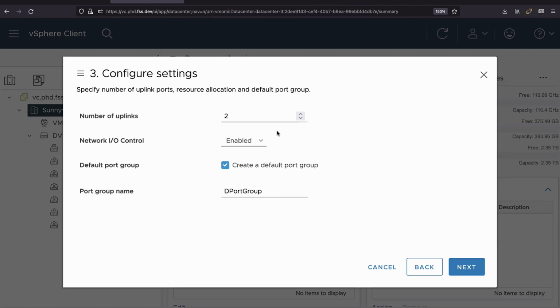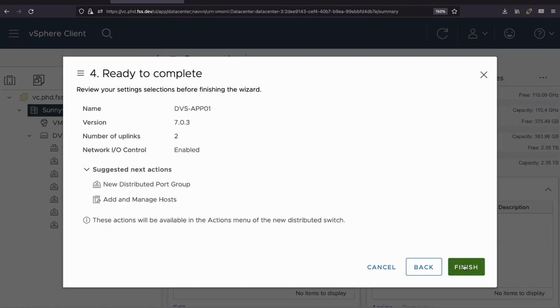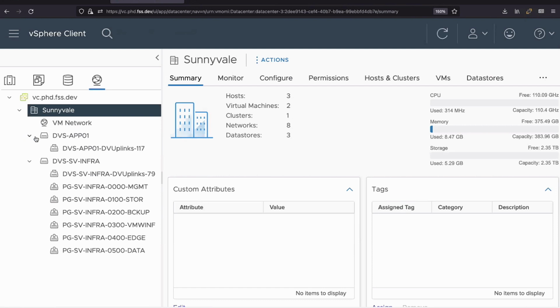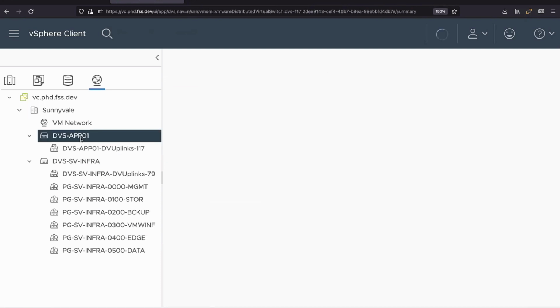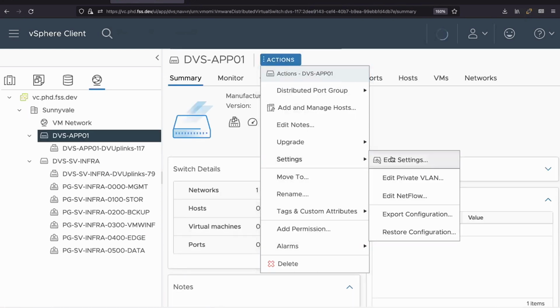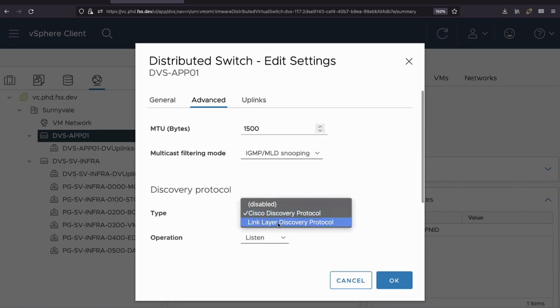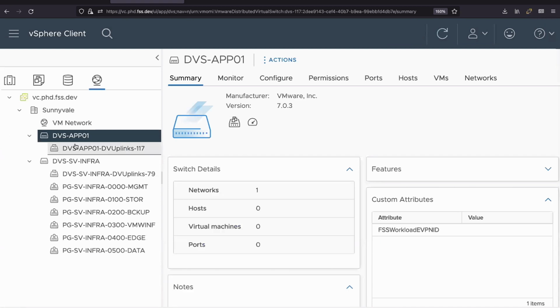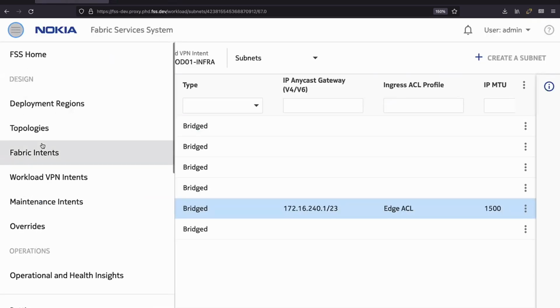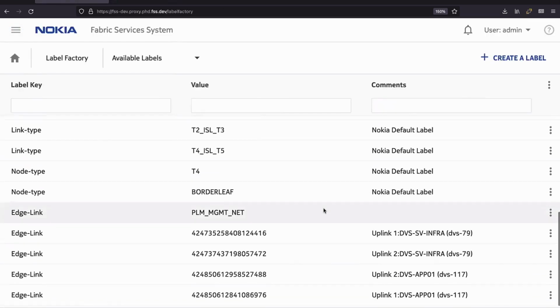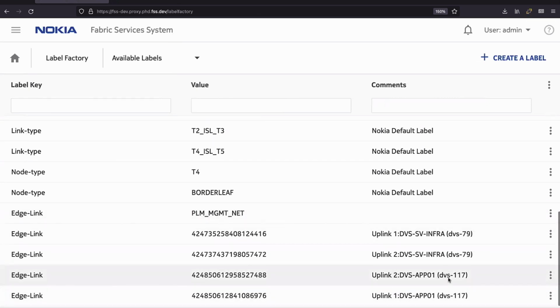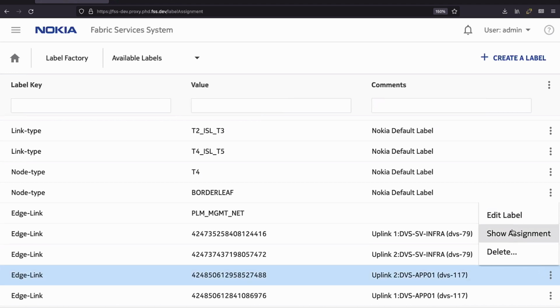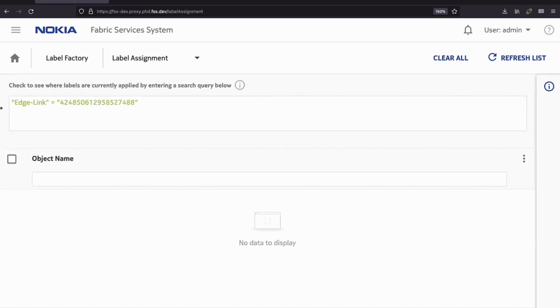Keep things simple. I'm not going to create a default port group for now, because the first thing I want to do is enable LLDP. And so we go to LLDP settings. We make sure that this is configured to at least advertise. And right now, there's no hypervisors yet, as you know, right? Nothing is connected into this yet. However, again, with the plugin running, you should see that new labels have been created for that application DV switch. They're going to be empty because there's no hypervisors connected to it, but they're ready for use, right?